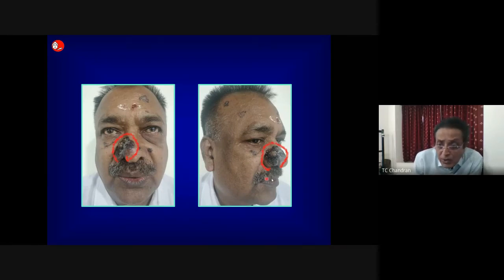Now, what about this area, nasolabial area? That again is a very good option. Now, I generally reconstruct the upper half of the nose using the forehead and the lower part of the nose using the nasolabial area only. Now, you can design a flap like this in the form of a VY advancement. Quite simple. And you can advance this entire skin into here. Now, with that introduction, I'll just show you a few of my cases.